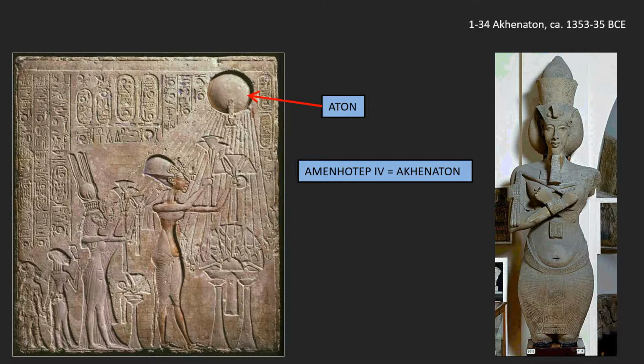It's still important to them. But the sun is now often represented as a single disk, not as an animal-human hybrid thing. And thus he has to change his name from Amenhotep to Akhenaten, the servant of Aten. This is a rather radical thing. It's also radical in that it's the very first monotheistic religion anywhere in the world. This is the earliest recorded monotheistic religion,